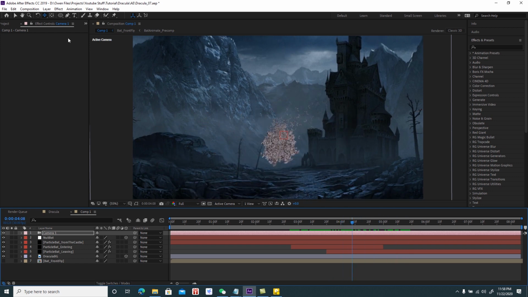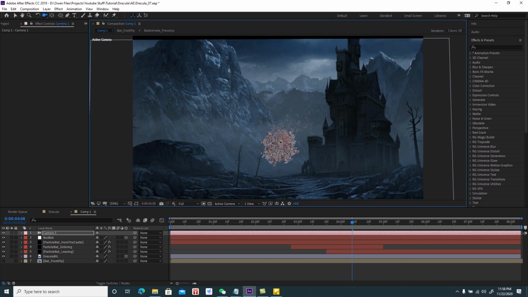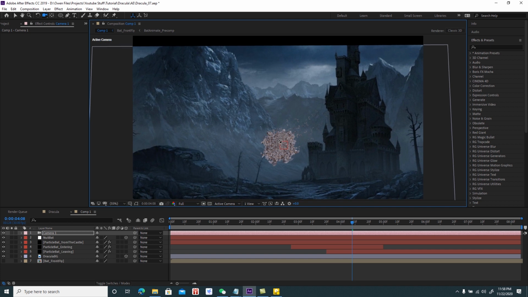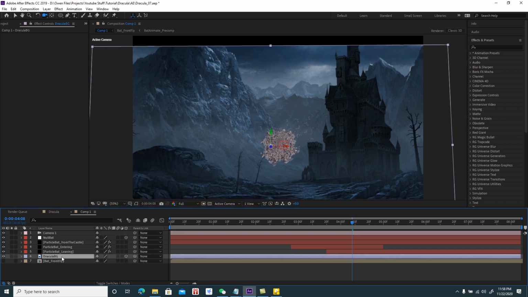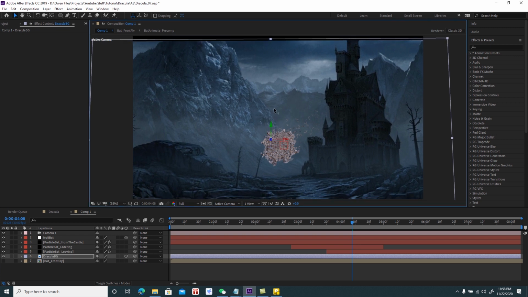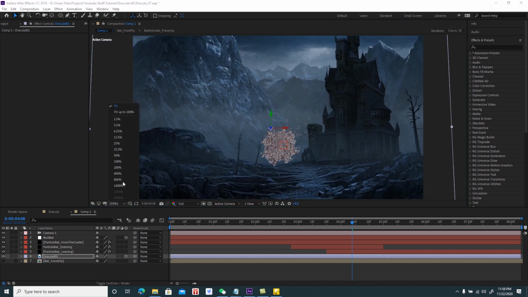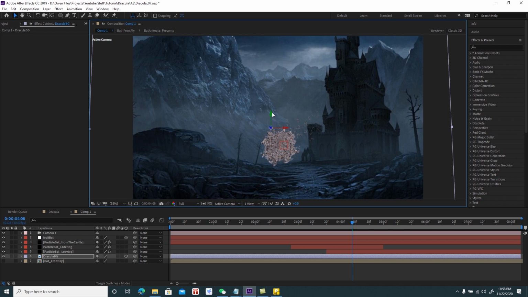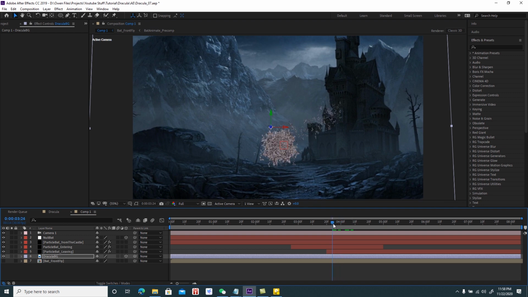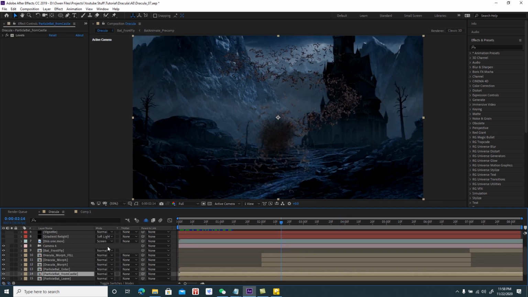Or maybe, you know what? Let me rotate it just a little bit. And then I need to adjust the background. Go all the way up. Okay, so the guy will be standing right here. So if you go to the main comp,